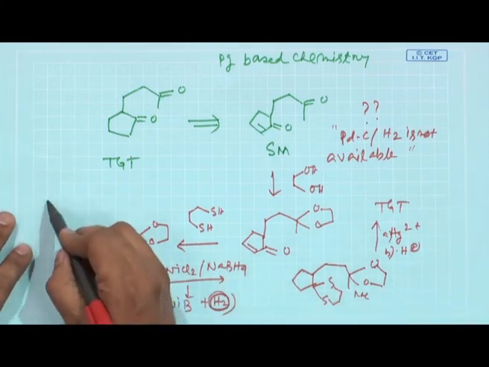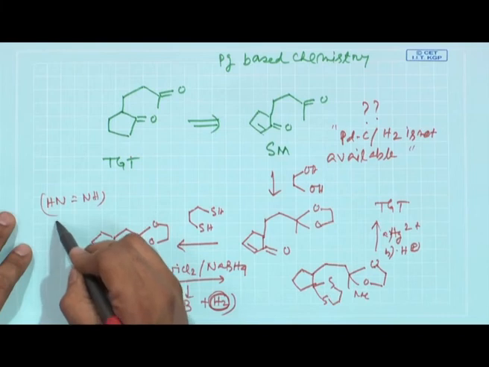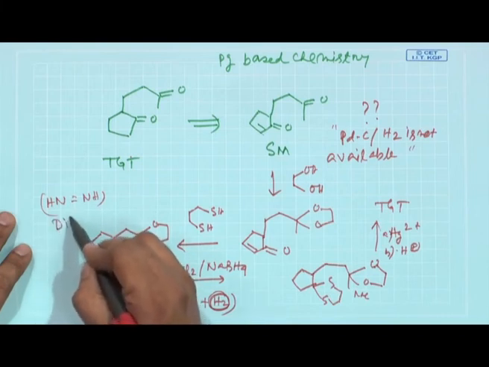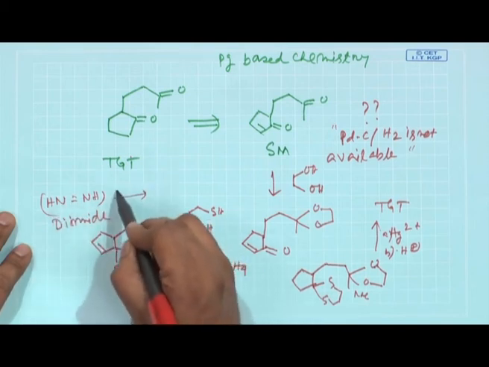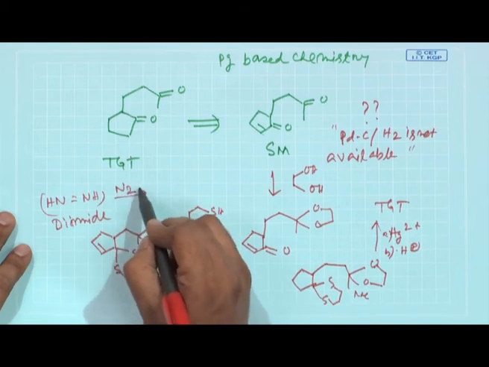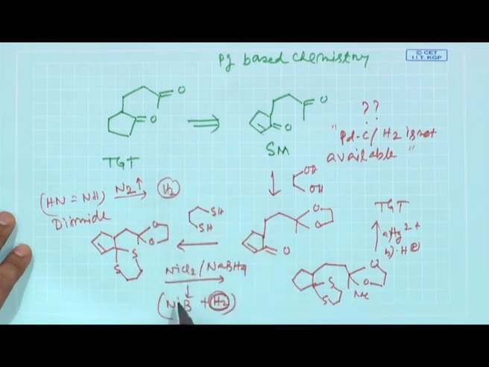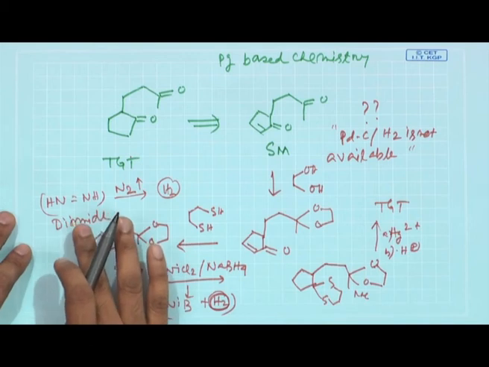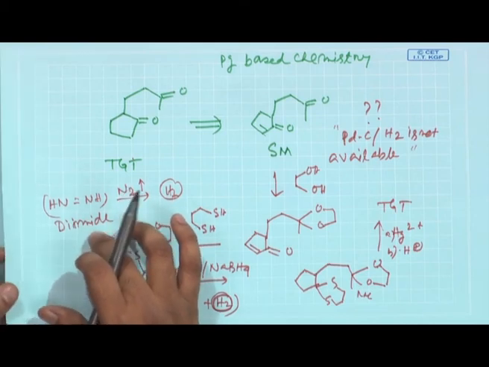You can reduce this compound through diimide reduction. This is also a source of hydrogen. Diimide, basically this compound is diimide, which under the reaction conditions gives you nitrogen as a gas, and the hydrogen that was there causes the hydrogenation reaction. Diimide is not commercially available, but you can easily make it in the lab. You take hydrazine hydrate and treat it with some particular reagents, and you can generate the diimide. Those are the alternative reagents if you do not have palladium charcoal and hydrogen.